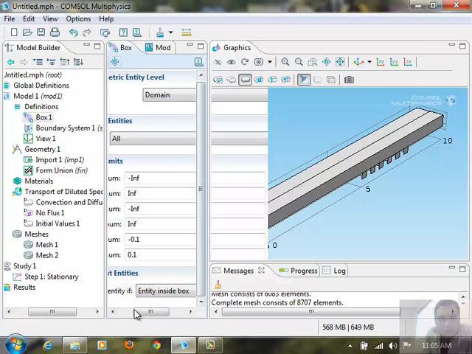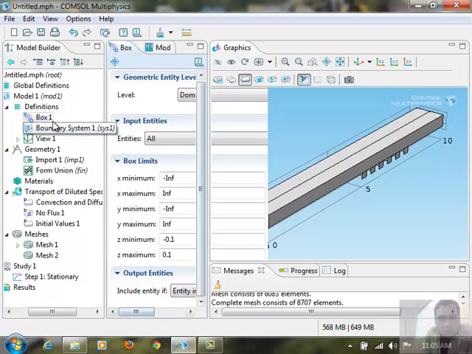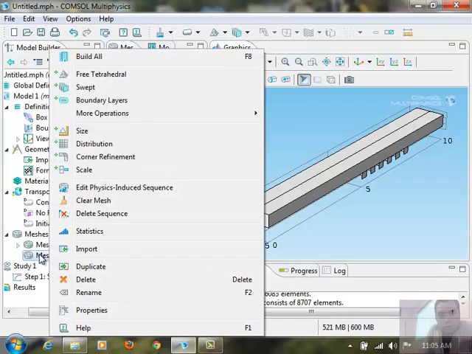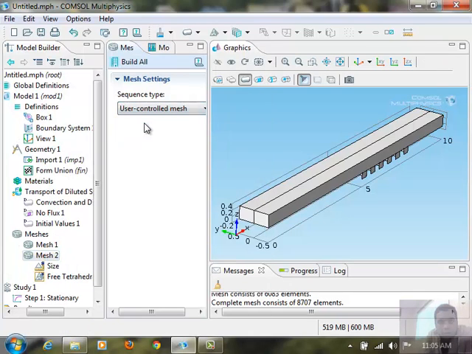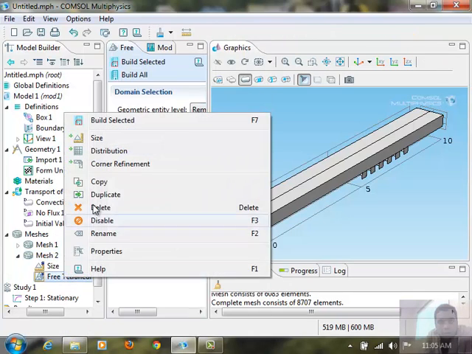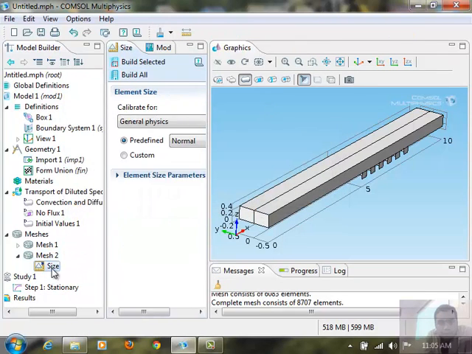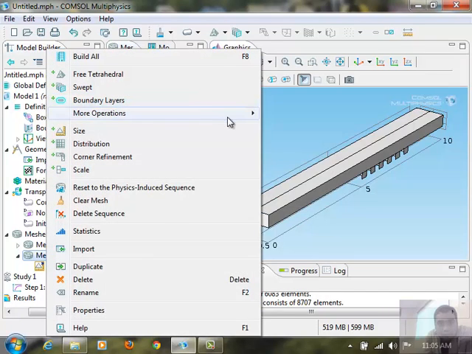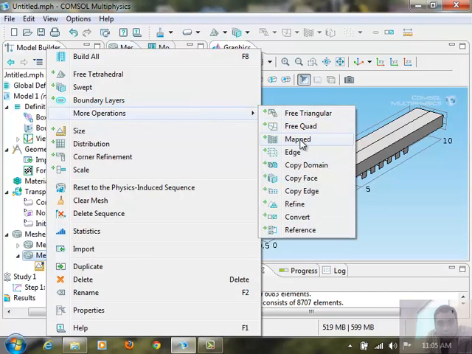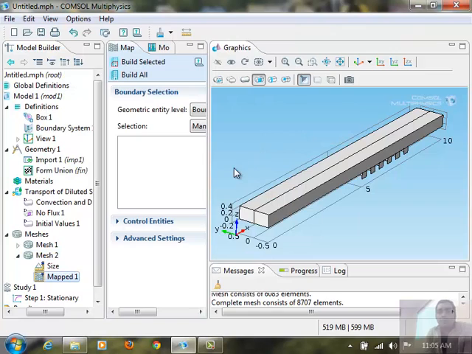So now I'm going to again make it a user controlled mesh, delete this tetrahedral default, and I'm going to add in the more operations a mapped mesh. But I cannot mesh this because it won't generate sweep mesh. So I'm going to select